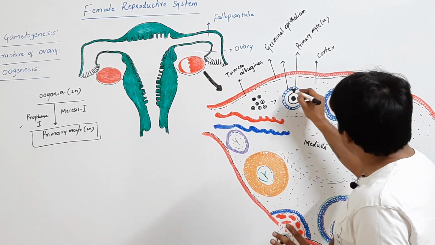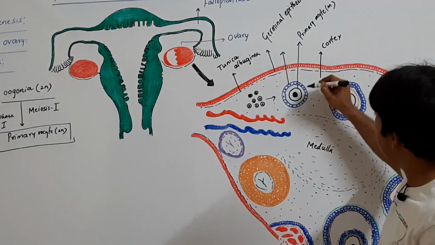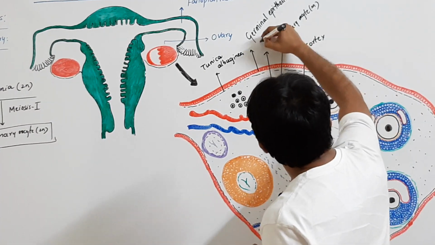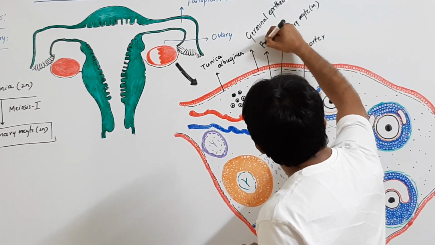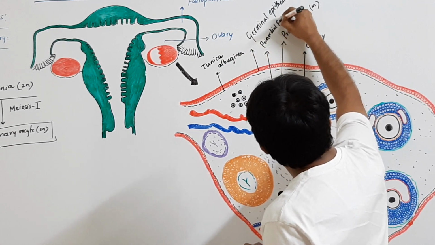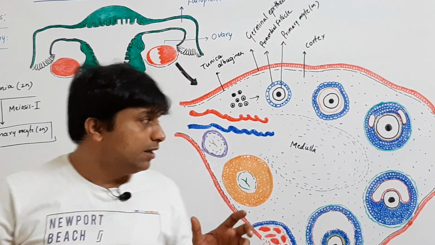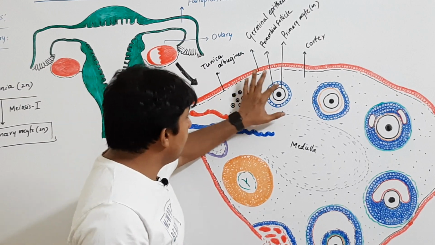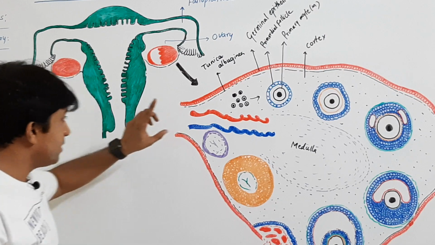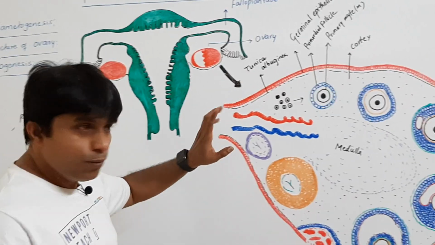Fine. Now such primary oocytes are enclosed by flattened cells, and this flattened cell layer enclosing the primary oocyte becomes the follicle, called the primordial follicle. So remember, the initial follicle is the primordial follicle. Inside this primordial follicle, the primary oocyte is enclosed. The primary oocyte has started meiosis 1, but it is not completed, arrested at prophase 1.